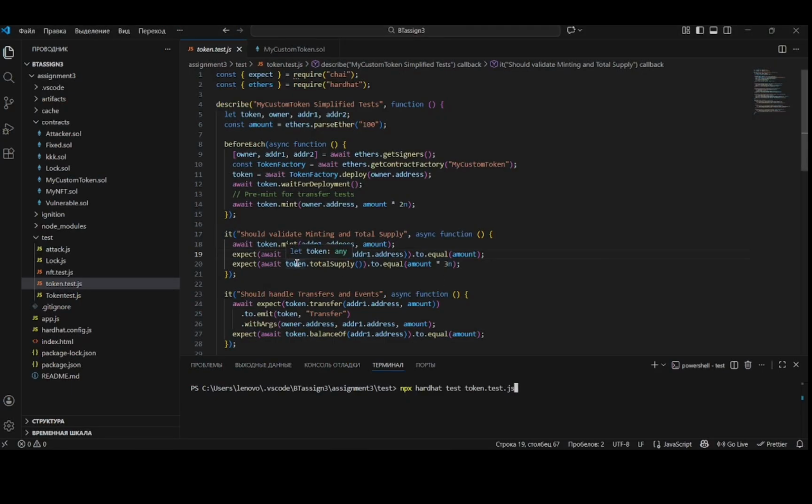In this code, first I deploy the contract and mint some tokens to the owners so I can run transfer tests. Then I verify that minting increases a user's balance and updates the total supply properly. And I test transfers to make sure tokens move correctly and that the transfer event is emitted. After that, I check the approval and transfer from logic